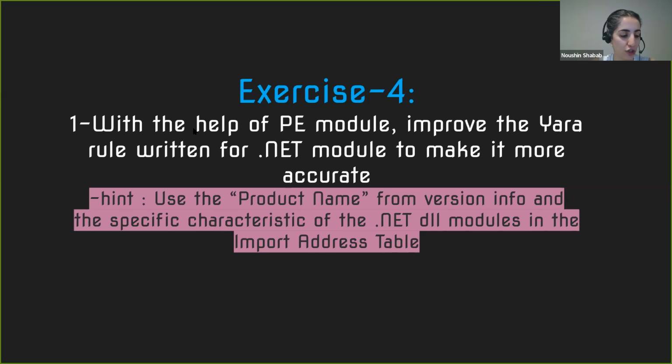If you remember the YARA rule that we have written yesterday for the module from the .NET Visual Studio .NET environment, I want you to look at that YARA rule and try to improve it with the help of the PE module to make it more accurate. I mean, not just looking for the Visual Studio .NET string inside the file, but to make sure that this is not just a string in the file, it has a meaning,